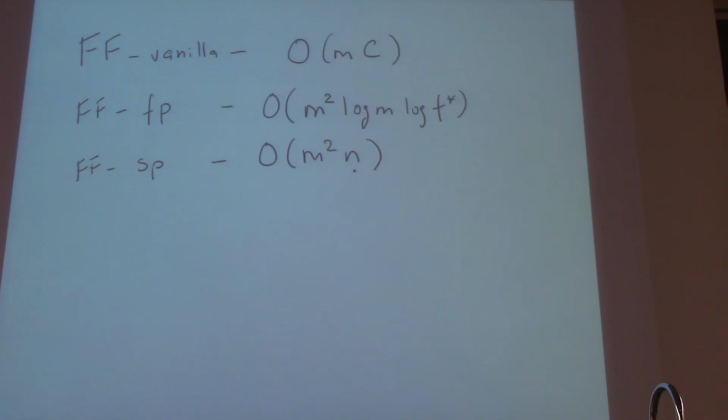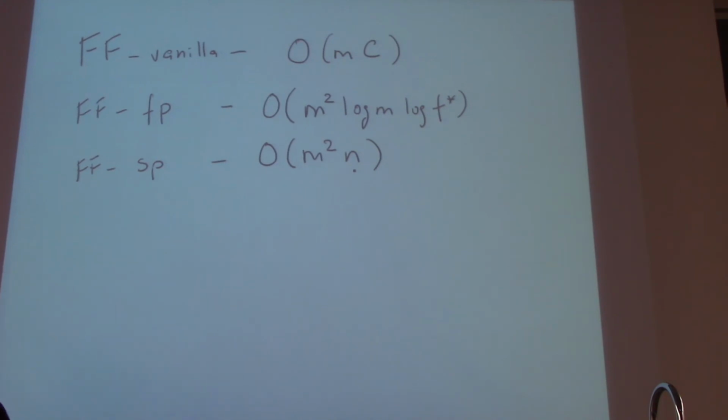And as you can see, they're not easily comparable. M times C, if C is very small, as I said before, the first one is great. So if C is a constant, that takes M time, these are much worse. So there are cases when the capacities are small, that Ford Fulkerson is actually a good choice, the vanilla version. If, for example, the total flow in the graph is likely to be small, then the second one is pretty good. The capacities are big, but because of structural bottlenecks, the flow is going to be small. The second one is quite nice. If you can't give any good bounds on the capacities and the flow, then the third one might be a reasonable solution. So it all depends.